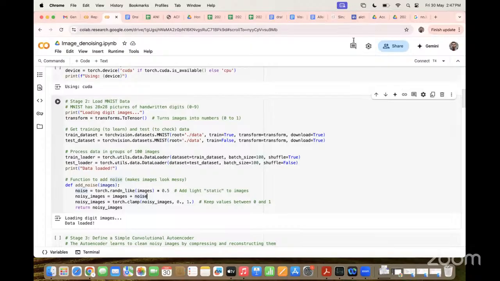So I would encourage you to experiment. I would again repeat, you may not be able to change this file, but you can download it at your level and then open it in Colab, and then possibly you will be able to modify it. I hope you are able to do it.